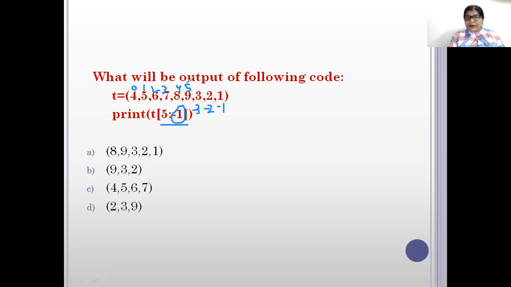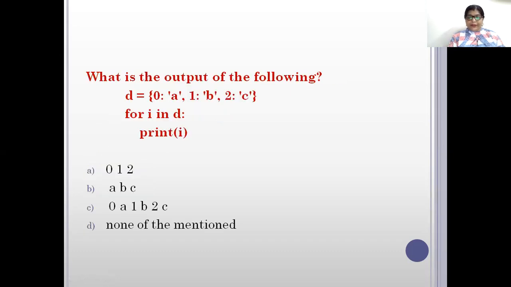So the answer here is 9, 3 and 2. We have just moved over this part only. We are starting from 5 and -1 is exclusive, so obviously we will move only up to -2. So 9, 3 and 2. The answer here is B only. If you solve this properly and your answer matches any option, then obviously your answer will be correct. So the very first thing you have to do is solve it. Come to the next question.